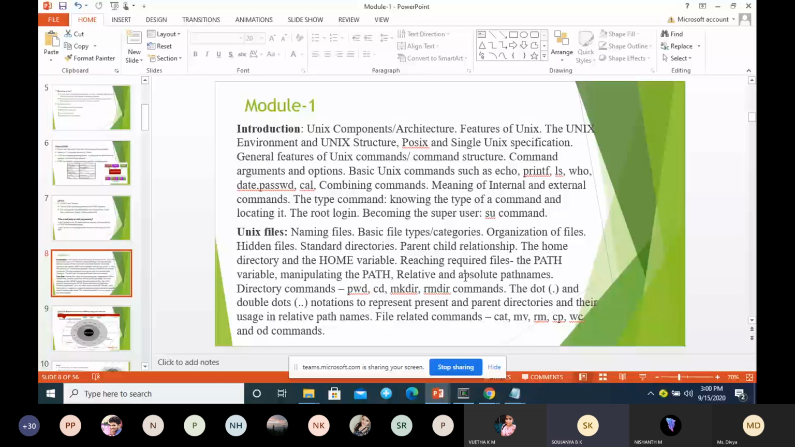Absolute path is one which starts with root or slash. Relative path is one which does not start with slash or root. So next we saw directory commands, different directory commands. Very important, don't get confused. Directory commands are meant only for directories,